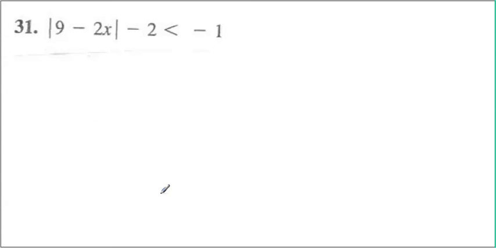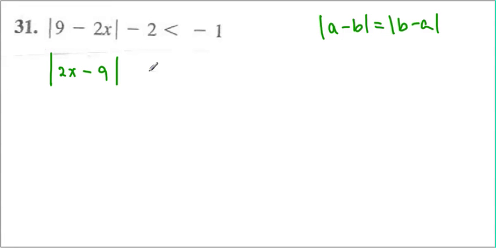Alright, let's look at number 31. One thing that I want to share is that within the absolute value, if I have a minus b, in fact that is equal to b minus a, because whatever the sign is, due to absolute value, it will all turn out to be positive. So one thing I can share with you here is that the absolute value of 9 minus 2x is the same as the absolute value of 2x minus 9. Now by adding 2 to each side, we'll end up getting 1. Now since 2 is here, we can divide by 2,